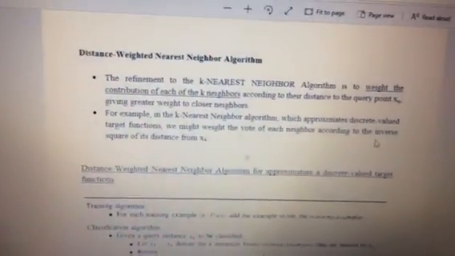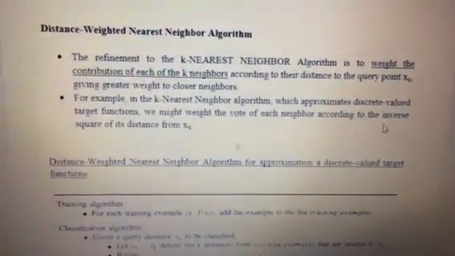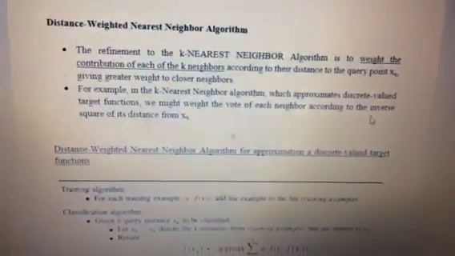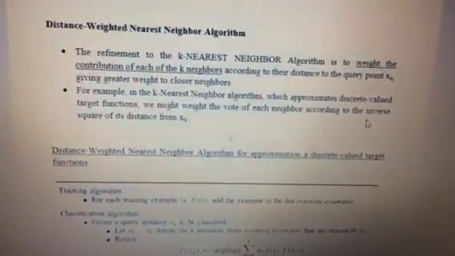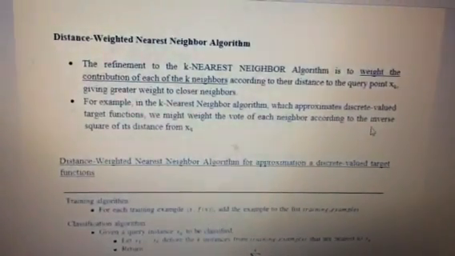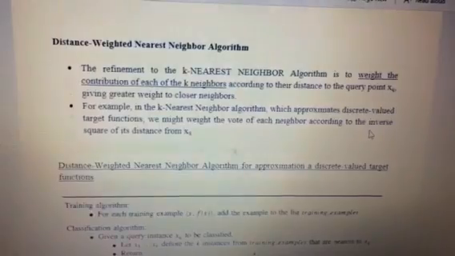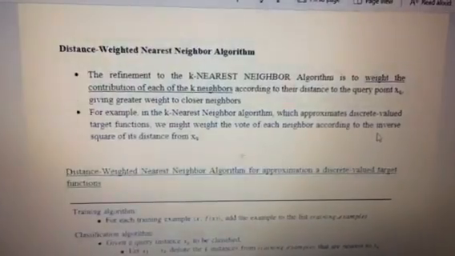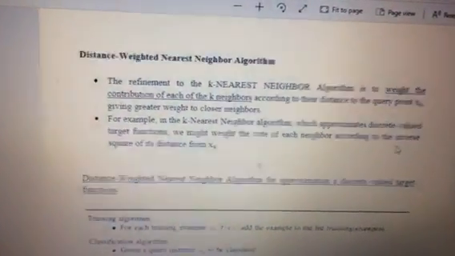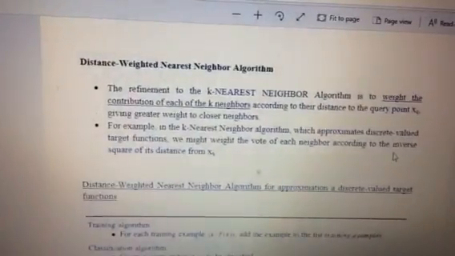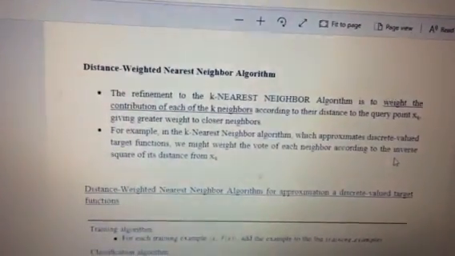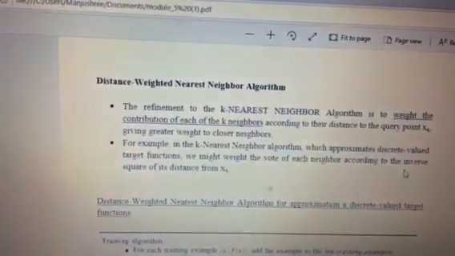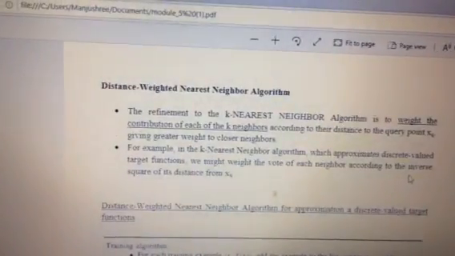In the k nearest neighbor algorithm, or the KNN algorithm, the main important factor is choosing the k factor. The k factor is a numerical value that indicates the number of neighboring data points from a query point. The small refinement applied to the k nearest neighbor algorithm is to assign a weight to each of the k neighbors according to their distances to the query point.